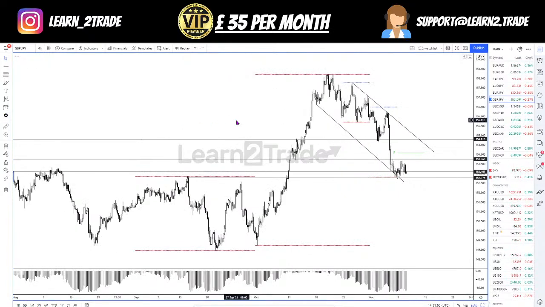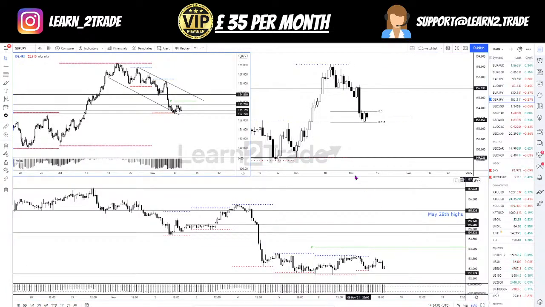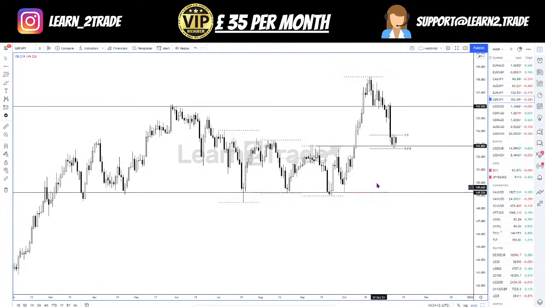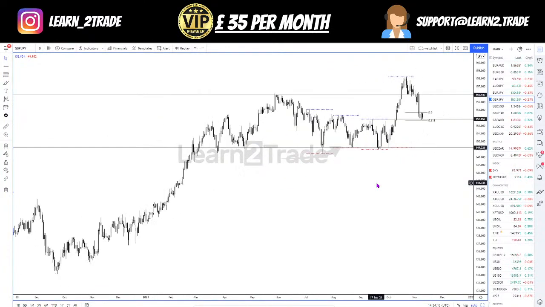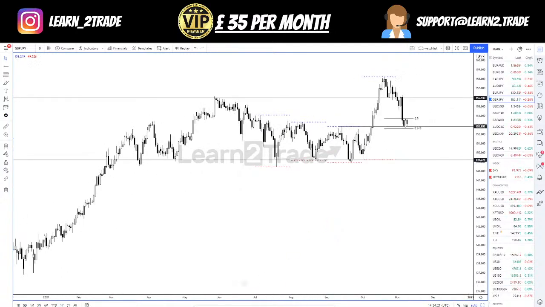Having said that, yes, we have a buy signal on VIP on the pound yen. Now, let me guide you through my thought process on that trade. So this is the daily chart on the pound yen. I am still long from this bound.